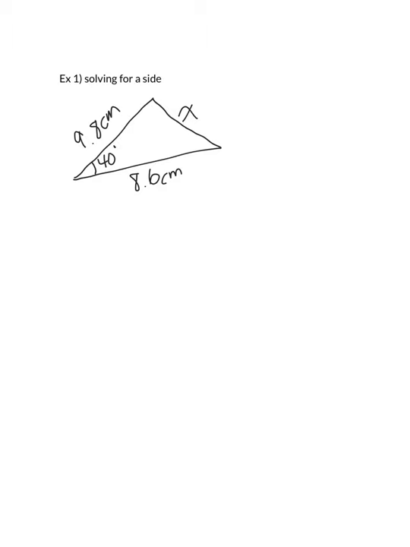When I take a look at this question, if I didn't know I was using cosine law, I would know that I had to, because I have an angle of 40, but I don't know its matching side length. And I know these two side lengths, 9.8 and 8.6, but I don't know either of these angles. So I do not know a pair. I also don't have any indication that this is a right triangle, even though it may look like it is. The little square is not in the corner and it doesn't say 90,